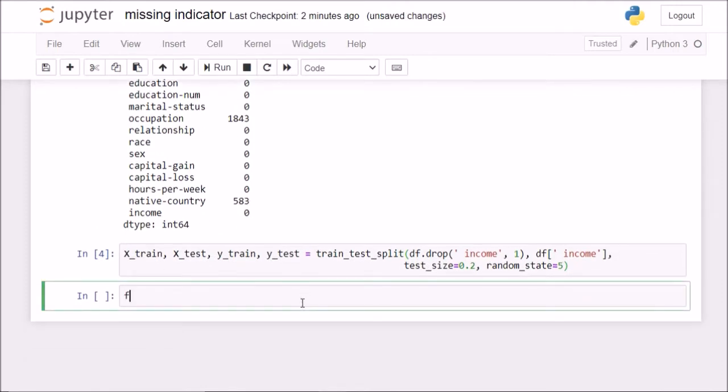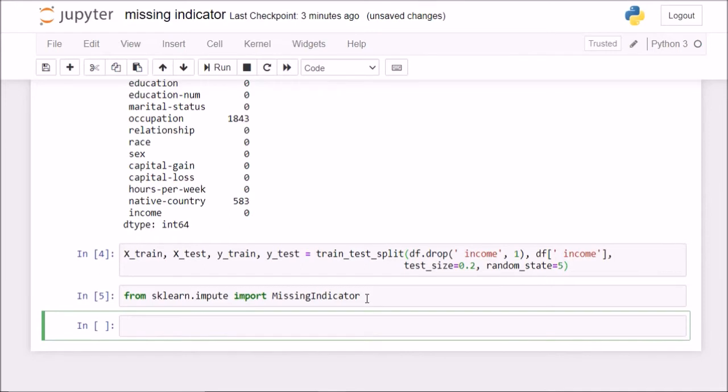So I'll say from sklearn.impute import MissingIndicator. This is the class that scikit-learn is using in both of those tutorials when we used add indicator equal to true.